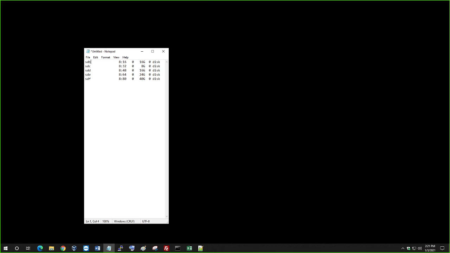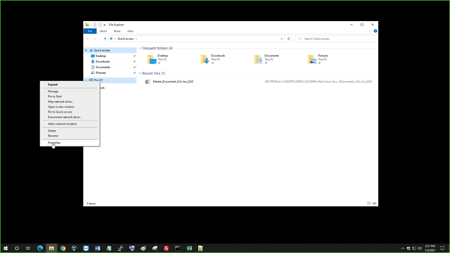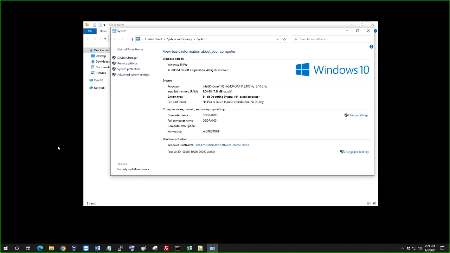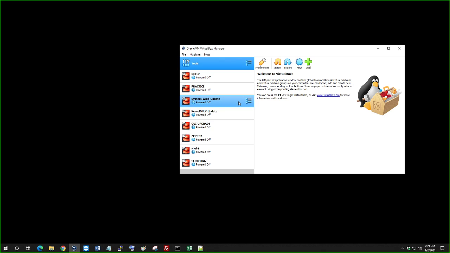Alright, how much memory do I have on this system here? Let's check this. I have only 8 GB here, right? So what I'm gonna do is let's go ahead and